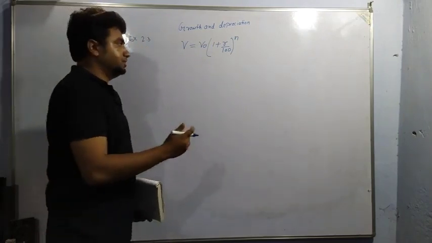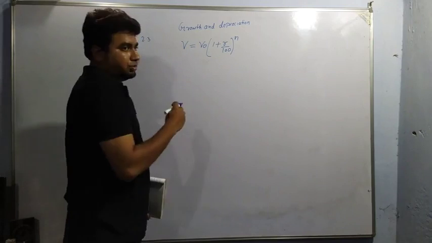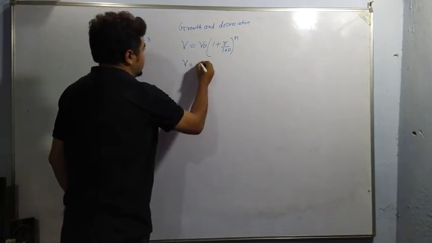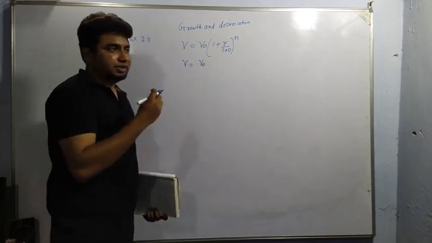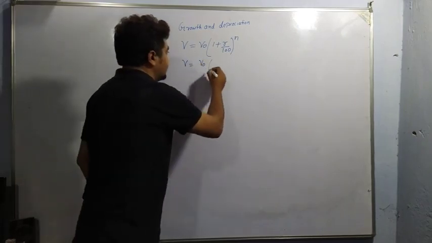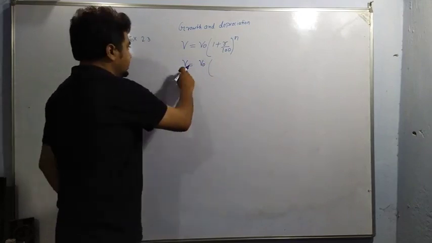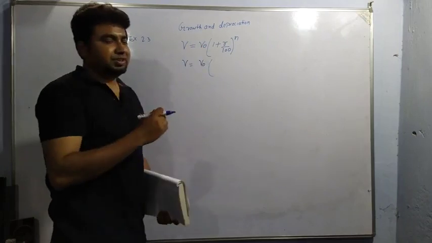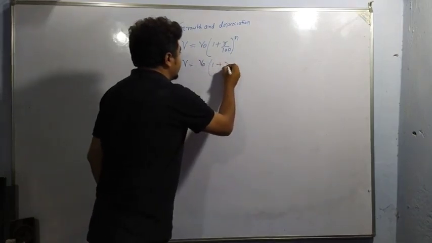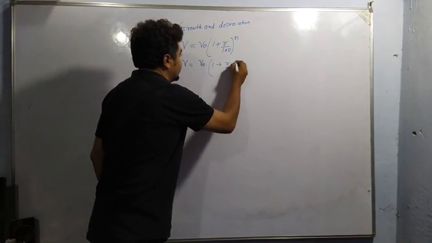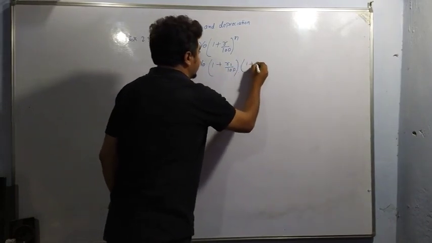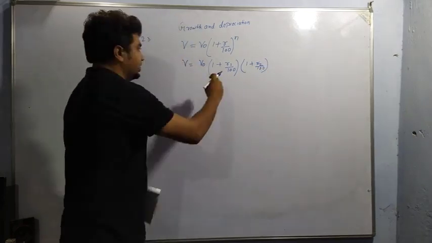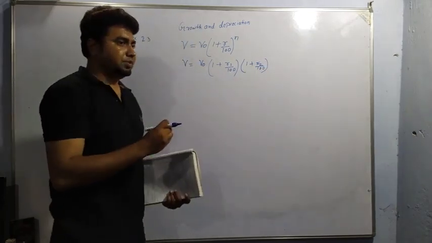If I am talking about rates for 2 successive years, we have to find the rate. So V is equal to V naught, just like in the case of compound interest. V naught is the principal, and V is the amount after the increase over certain years. V equals V naught times 1 plus R1 by 100, this is the first rate, times 1 plus R2 by 100, this is the second rate, if two rates are given to us.